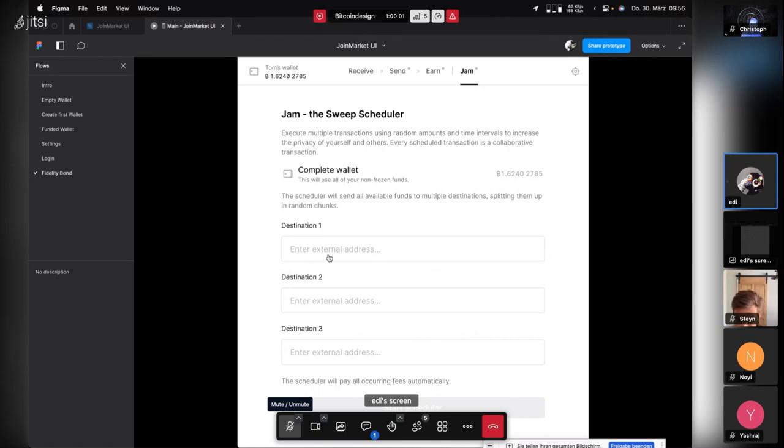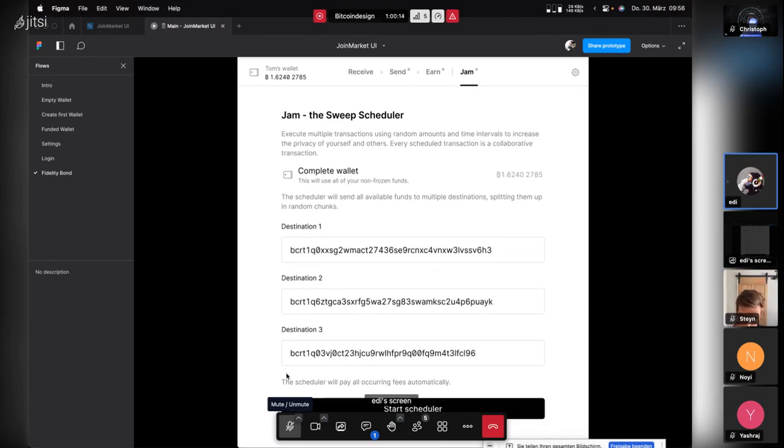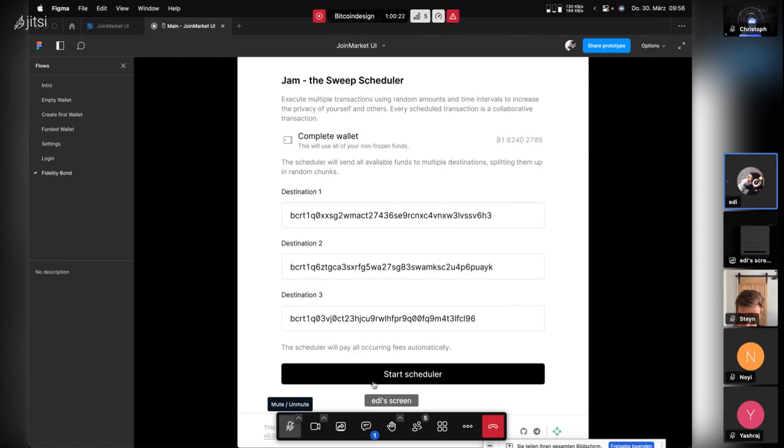So one could be your cold storage, one could be another node, a Lightning node. Maybe you want to even open up a Lightning channel with this. And a third one is, I don't know, a gift to anyone. And by adding 3 addresses, again as random as possible, you are already good to go to start the